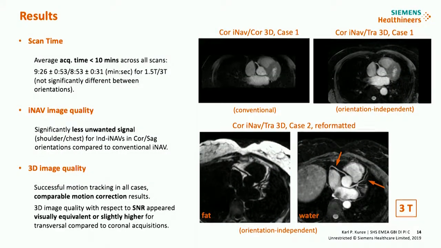Here I'm showing you 2 cases, actually both cases from the 3T study. So on top you see the same thing, the conventional iNAV and the transversal 3D imaging with coronal 2D iNAV imaging with the orientation-independent iNAV, and you see a relatively similar picture as before. Down here I'm showing you the second case of the 3T acquisition with actually a reformat, so that you can see relatively nicely the